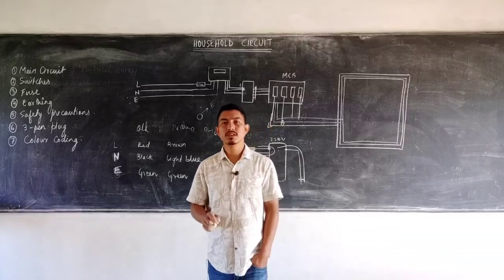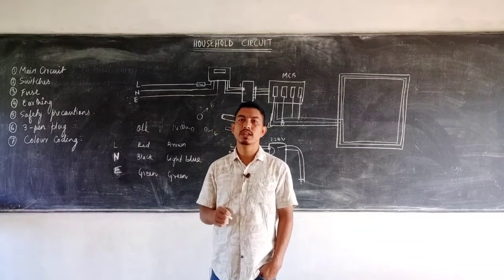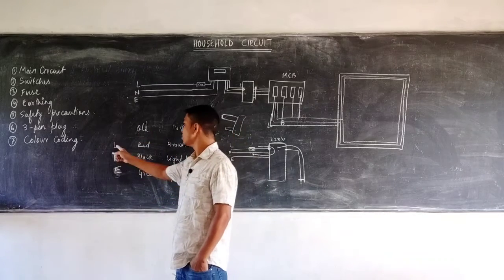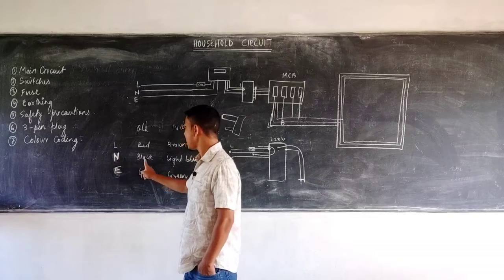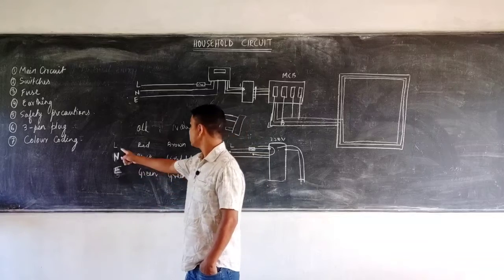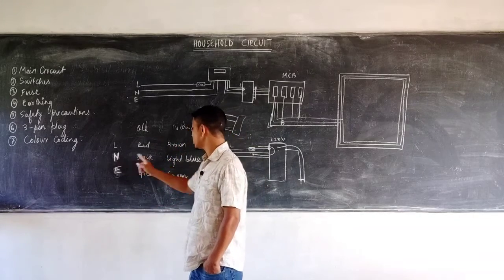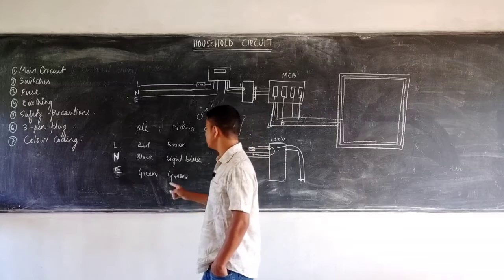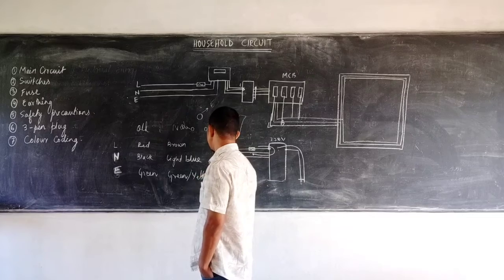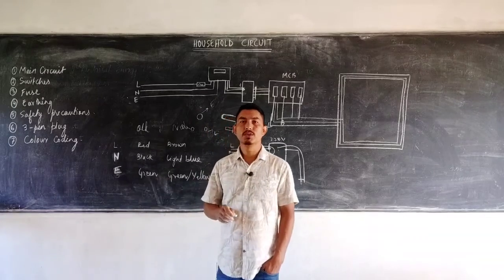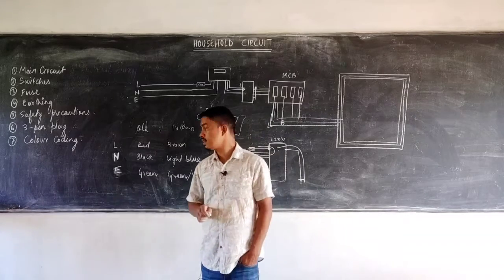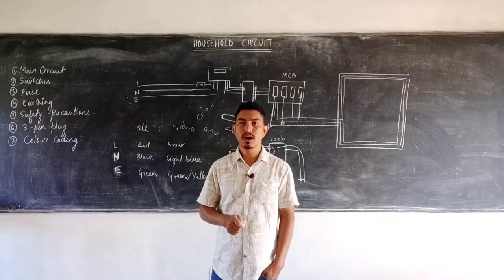In giving colors to the wire, there are two systems, one is the older and the other is the newer one. In the old convention, the live wire is red, the neutral is black and the earth is green. In the new convention, the live wire is usually brown, the neutral wire is usually light blue and the earth wire is usually green or even yellow. So these are the color codings of the wire that easily help us to differentiate between the three different kinds of wire in our houses.